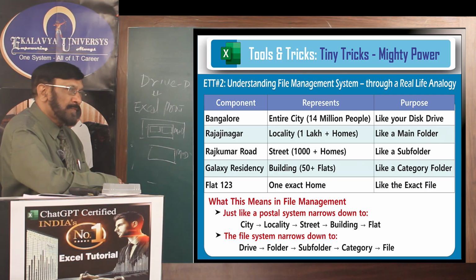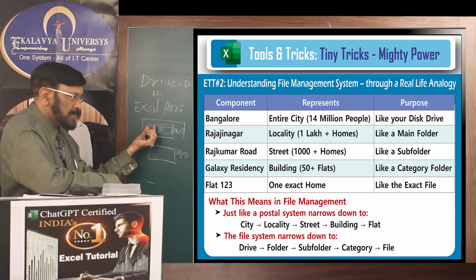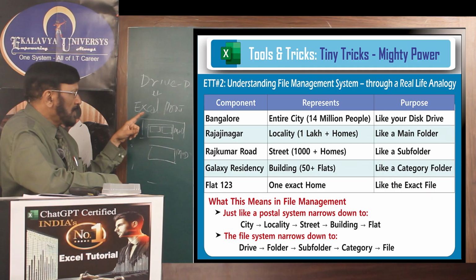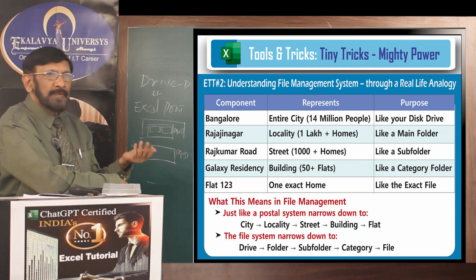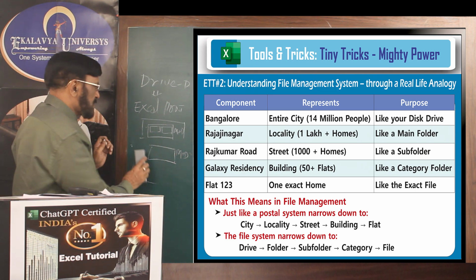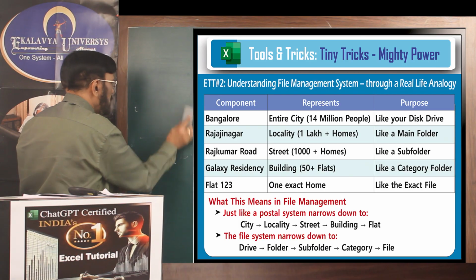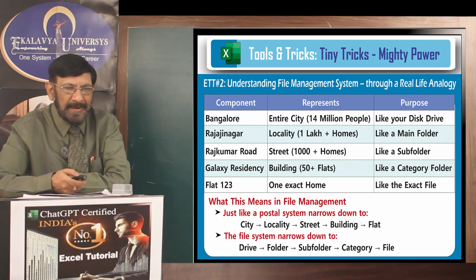You have to give proper names. So, this is Excel project, this is Excel module 1, module 2 and so on. These are learning project, another subfolder. So, main folder, subfolder, subfolder. If you want more classification, you can create more subfolders. This is the strategy. This is very close to a real life address. That point you have to understand.